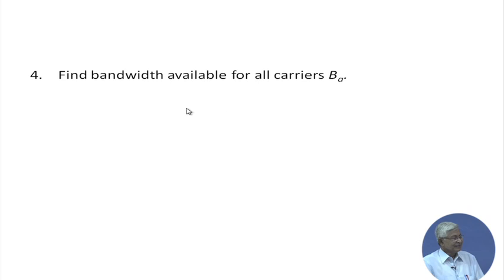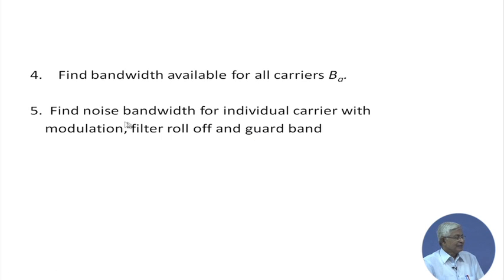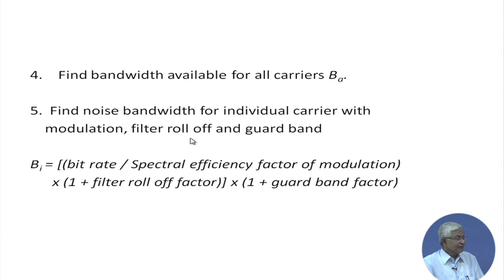And that is power wise. Bandwidth wise is also easy. Find the bandwidth available for all carriers, that is the total bandwidth supported by the transponder in the full transponder case. Find the noise bandwidth of the individual carrier with the modulation, filter roll off, guard band, etc. And how do you calculate that? That is the bit rate divided by